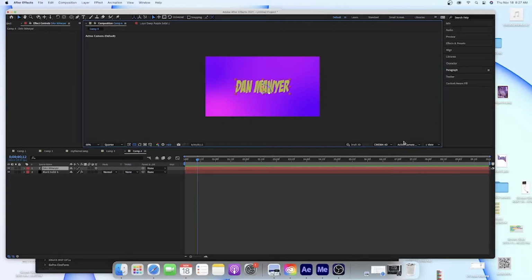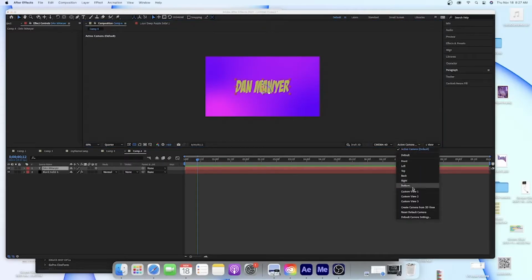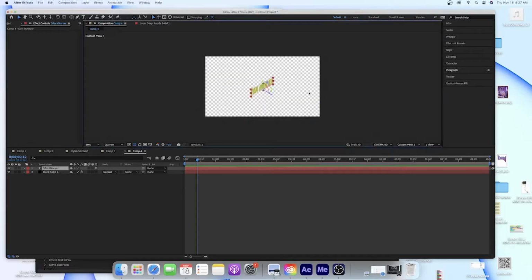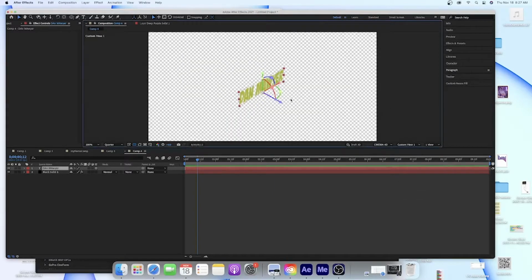But one thing we can do is change our camera view to custom view 1. And if I do this, you see that I can actually see my 3D scene. And we have 3 important handles here to work with. This is our transport control, and this is very similar across many different 3D programs. So what we have here is 3 handles that represent the 3 axes, X, Y, and Z. And what we can do is move our object in 3D space simply by grabbing and moving